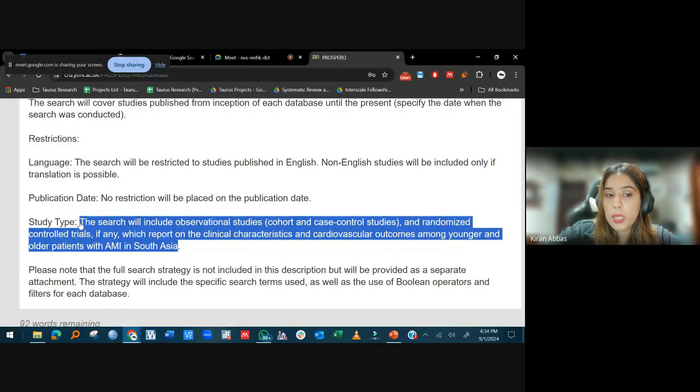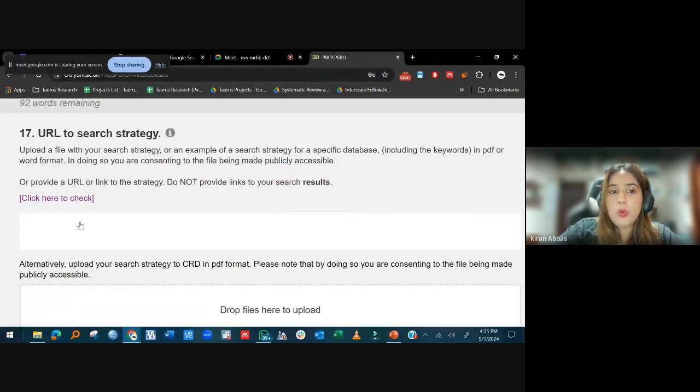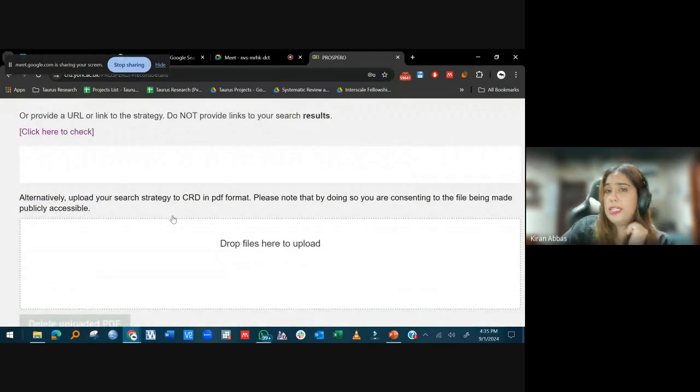स्टडी टाइप्स मैंने कौन कौन सी ऐड करी हैं, मैंने वो भी ऐड कर दिया, क्योंकि मेरी स्टडी प्रिवलेंस पर थी। तो प्रिवलेंस का मतलब है कि मैंने ऑब्जर्वेशनल स्टडी सारी इंक्लूड करनी है, जिसमें हमारी कोहोर्ट स्टडी, केस कंट्रोल, क्रॉस सेक्शनल सब आ जाता है, ठीक है। उसके बाद हमने URL टू सर्च स्ट्रेटेजी, यहाँ पे मैं नहीं देती हूँ क्योंकि ऑप्शनल होता है और इससे आपकी थोड़ी सी सीक्रेसी रहती है, ठीक है। तो इट्स बेटर नॉट टू गिव सर्च स्ट्रेटेजी इन डिटेल।